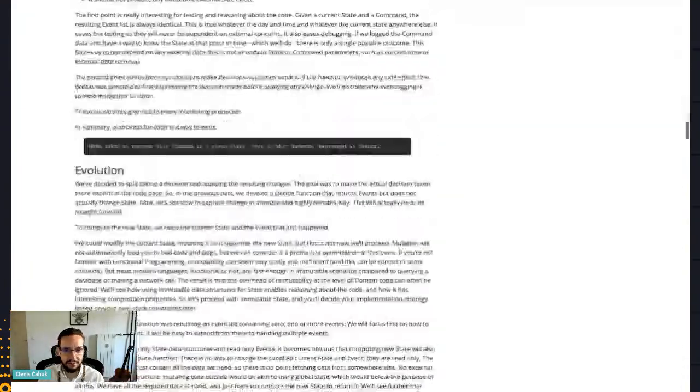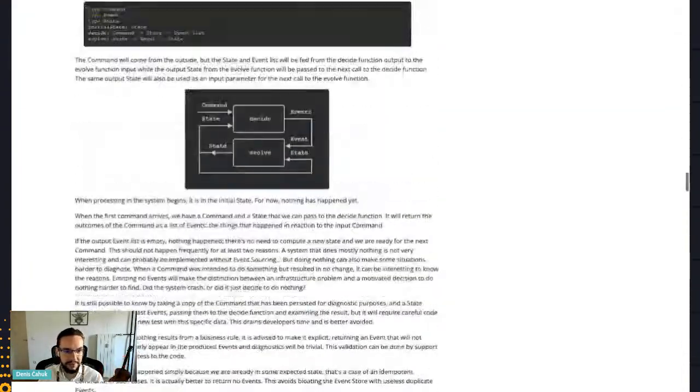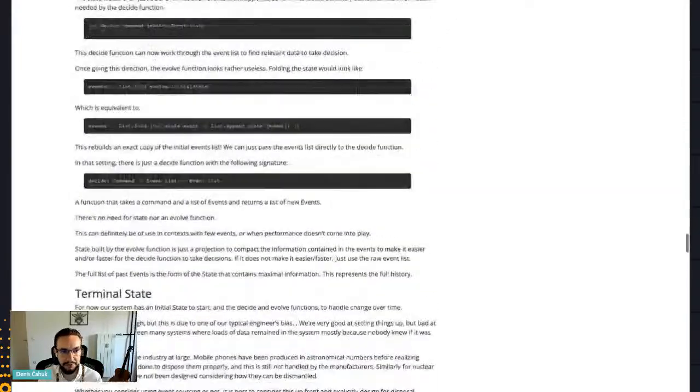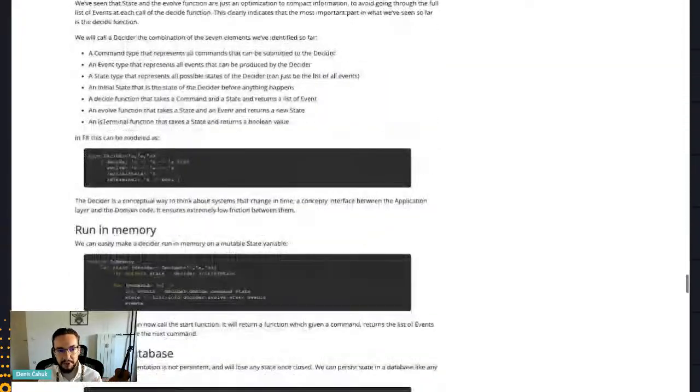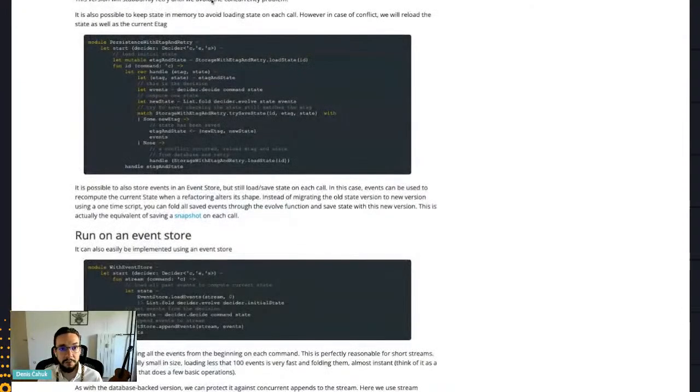And this is an F# example. I don't know a lot of F#, but you can check out the sort of theory behind it to learn more about how to express your domain as pure functions, because you've probably never done that before. So if you want to try something new, this is definitely a good start.